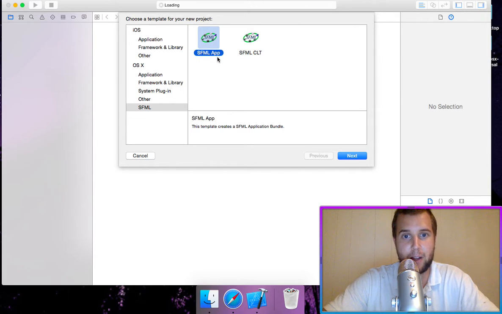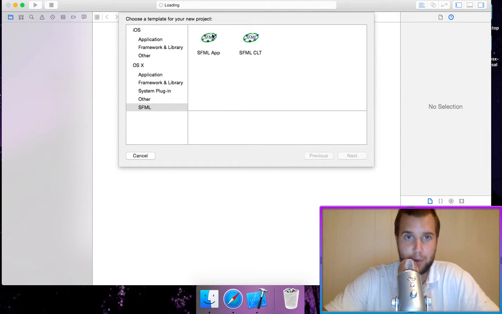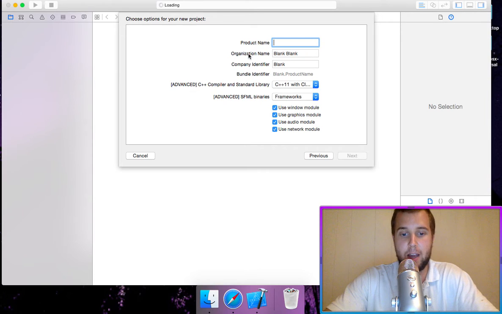You have SFML app, which is a normal windowed application. That's the one we're going to want to be using. Or you have a command line, so it's just a regular command output. So we're going to double click on SFML app. We can name our project,